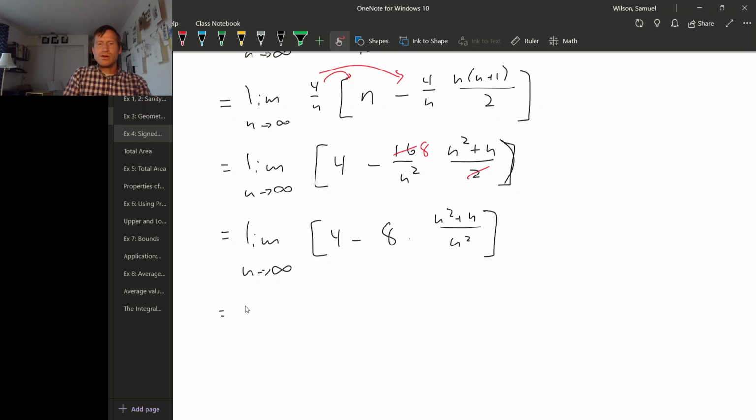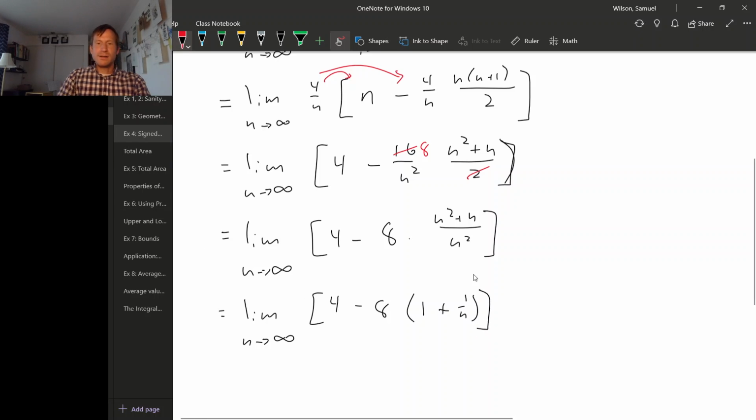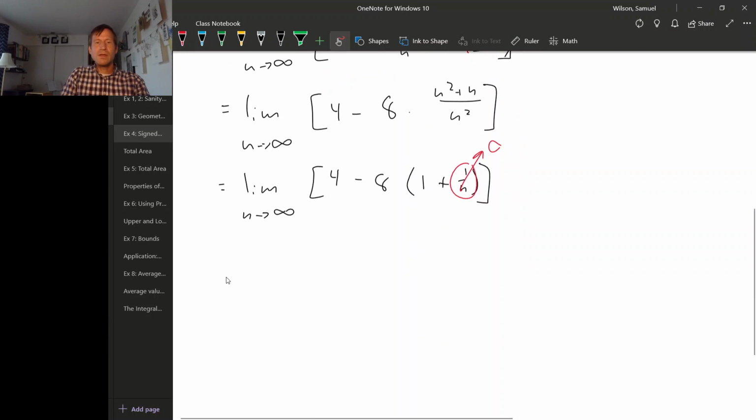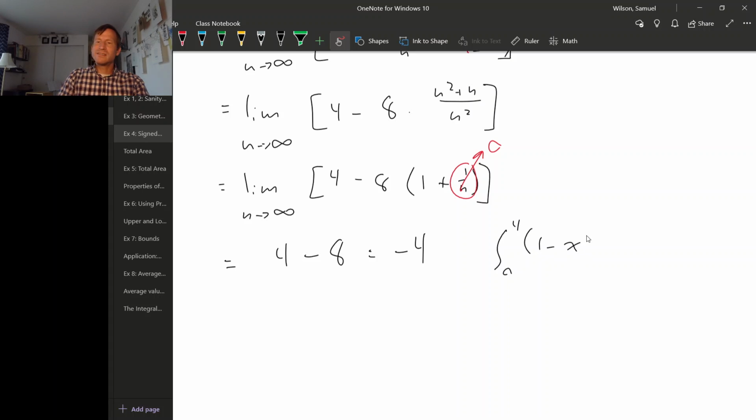And that looks familiar. Now how to handle that, just do the division. 4 minus 8 times, so n squared over n squared is 1, plus n over n squared is 1 over n. And let's see, as we take a limit, 1 over n goes to 0. So we're left with 4 minus 8 times 1, so 4 minus 8, and that's negative 4. But wait a second, negative 4. Remember this integral that we were calculating, the integral from 0 to 4 of 1 minus x dx,